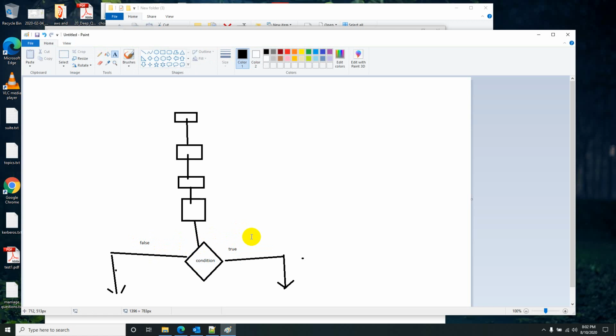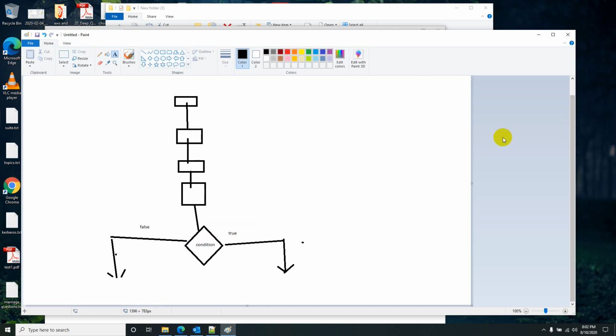Okay. But you are choosing the path here, that's it. But let's say I want to write a program where the user must accept, like it's mandatory that it should be true.